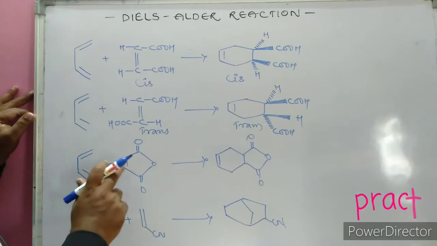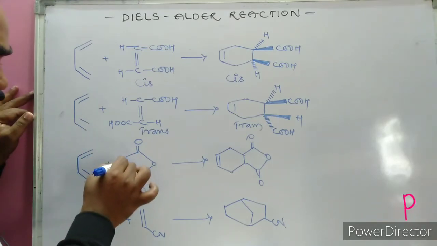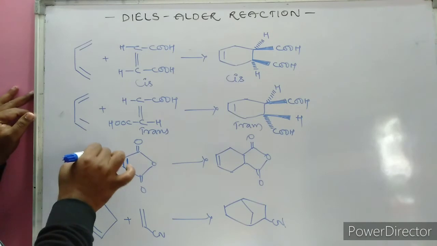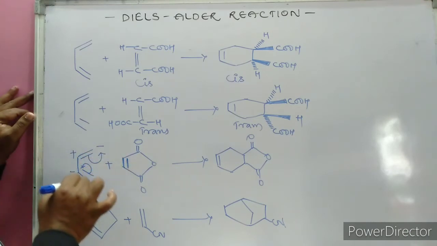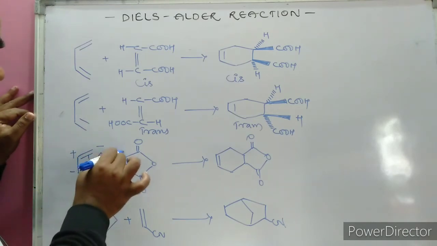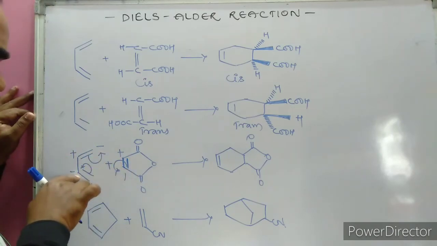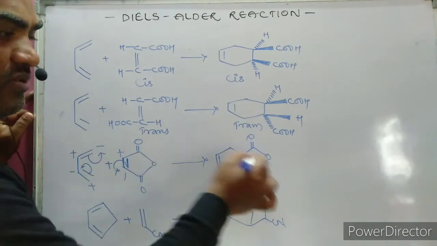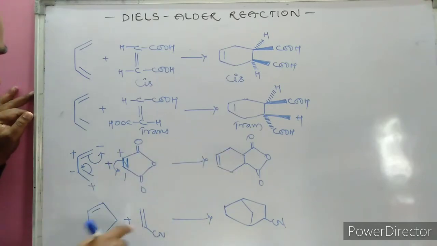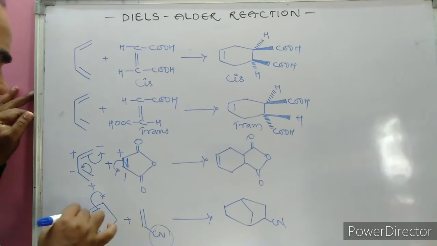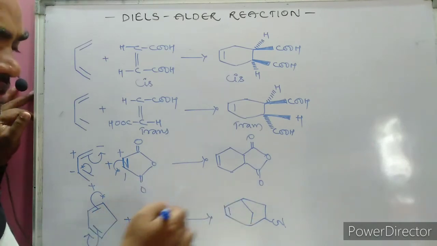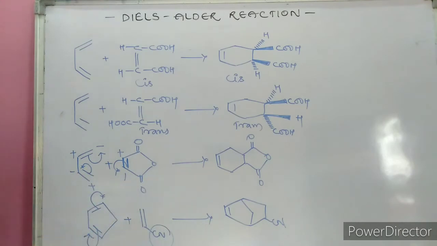Here a diene is reacting with a dienophile. Only a double bond is present here. This bond gets minus and plus, here minus and plus, and a new bond is established, so such products are obtained. Whereas here an electron withdrawing group, cyanide, is present. The electron withdrawing group facilitates the reaction to proceed much faster. A new bond is established like this and the cyanide remains the same. Those are some examples.